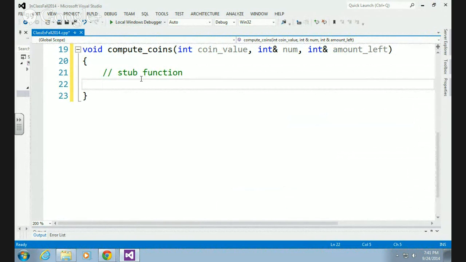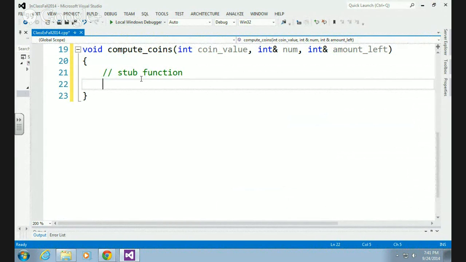What am I doing with 25? I got quarters. What does a stub function do? Substitutes the value for a function that is not written yet. Okay, and so how am I going to do that in this case? Return